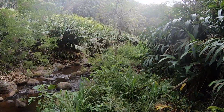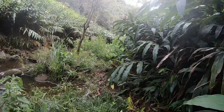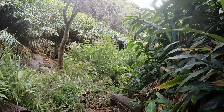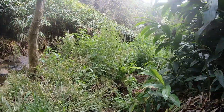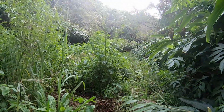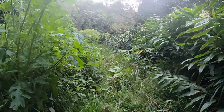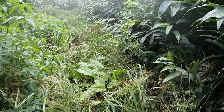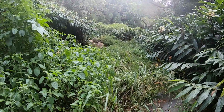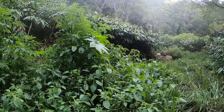And as we come down through here, I was in here about 2.5 months ago, and I had cut this area back. So for this final trip, I didn't need to cut it back. We'll come through here and maintain this in the future. But right now, this opens up. This used to be just choked with elderberry, and it's now open,